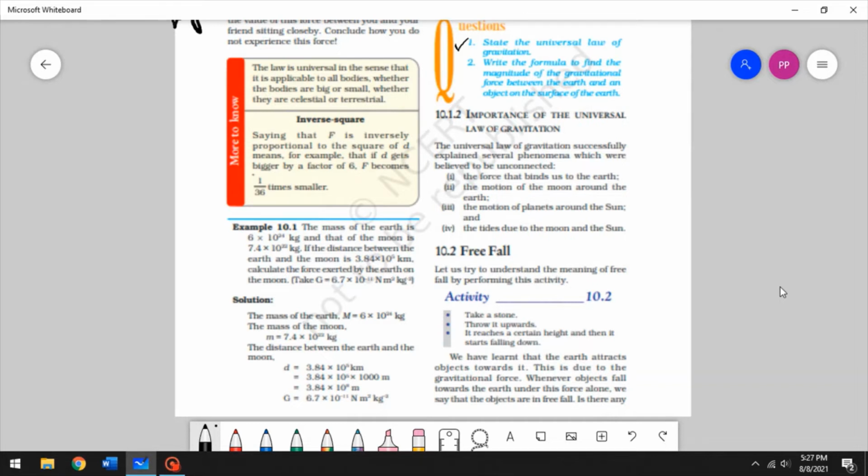Alright, so we have 2 questions here that I want you to solve, try on your own, answer on your own. If you are unable to answer a question, go back to that part of the video where I explain that concept, and make sure you write down your notes once you understand that concept. Alright, so what's the importance of the universal law of gravitation other than it being included in